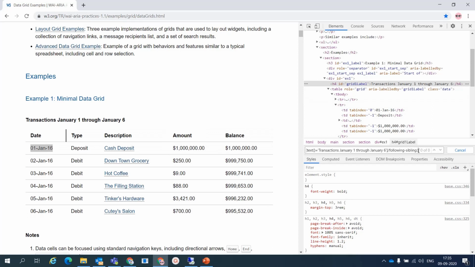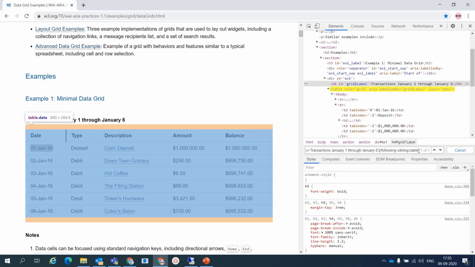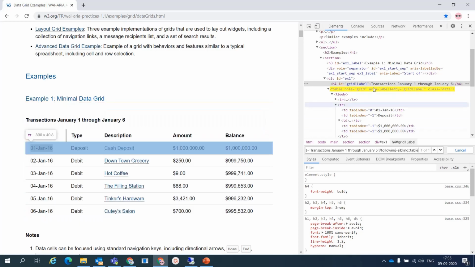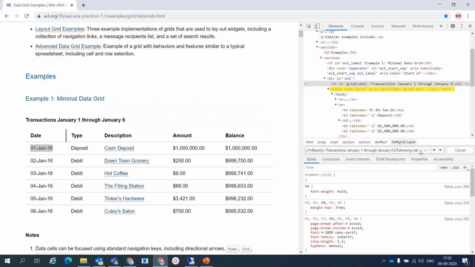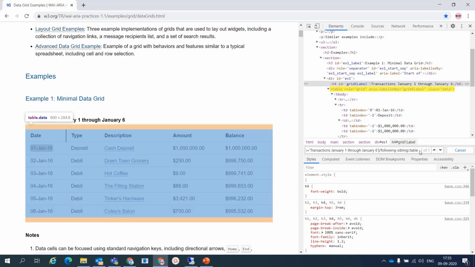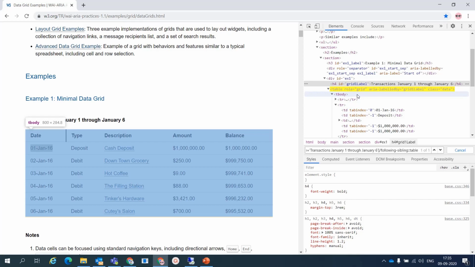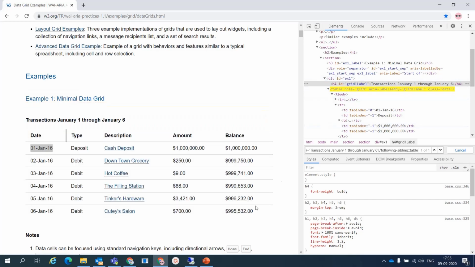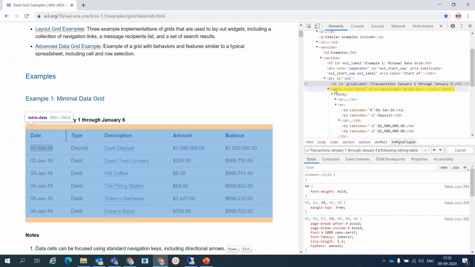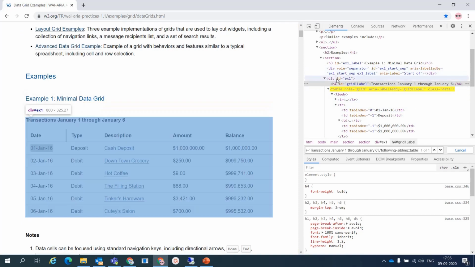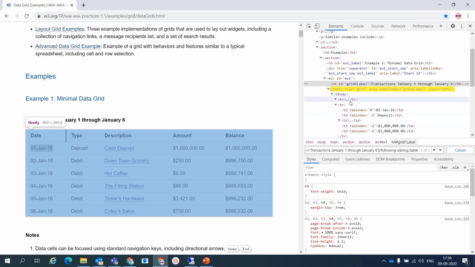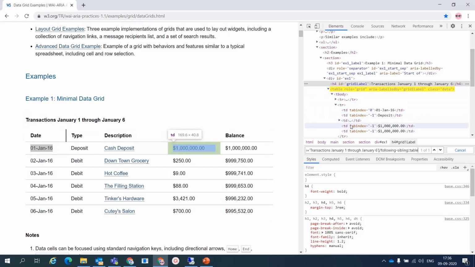But which sibling do I want to find? The sibling which is a table. Okay, the following-sibling table, following sibling of H4. Now if I press enter, see, our table is highlighted, but still our job is not done. What do we want to find? We want to find this date. So now these all rows are children of this table. Now the div is the grandparent, this is the parent, and these are the grandchildren or children of the table.